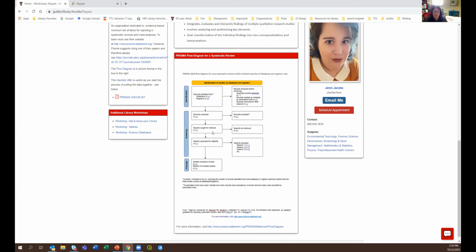And then you go ahead and get the retrieval of these, and then you can assess the eligibility of your articles. So these would be reasons, like common things that most people would be eliminating things for, like maybe it's in a foreign language, maybe the setup for that experiment is not the way you're wanting to look at them, or whatever your research is letting you look at, you would want to identify those reasons and have those set out before. So then you can automatically say reason 1, reason 2, reason 3,